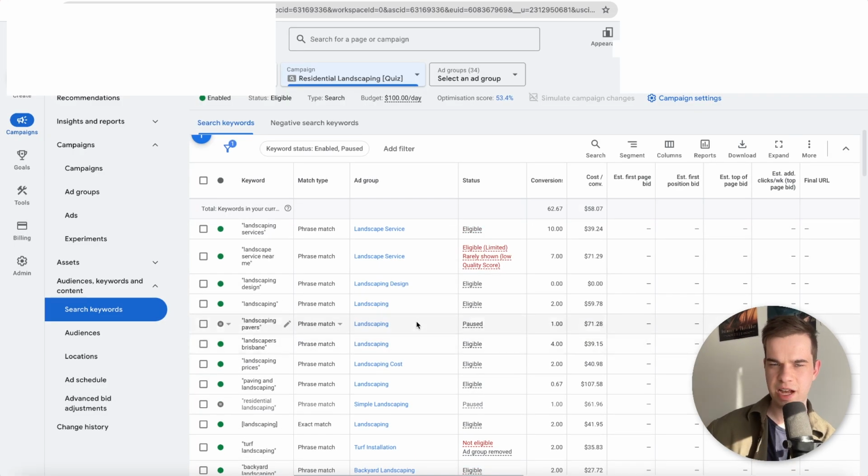So in our Google Ads account, we have a bunch of these things called keywords. A keyword, you can think of it as what triggers our ads to show. So, landscapers Brisbane for this example. Now,